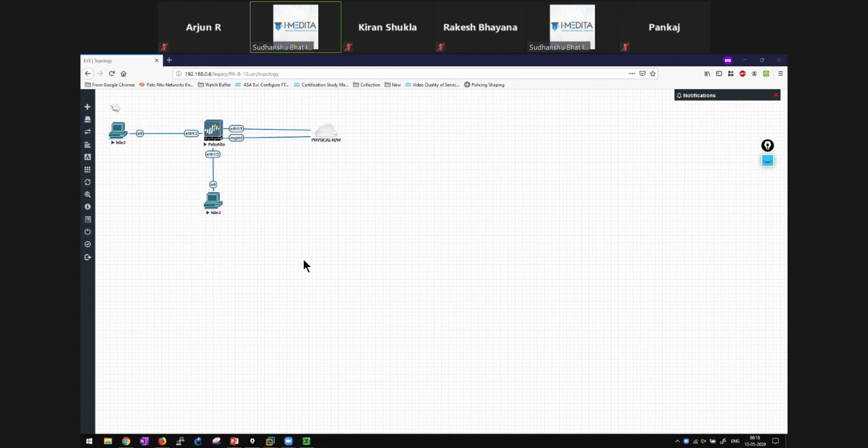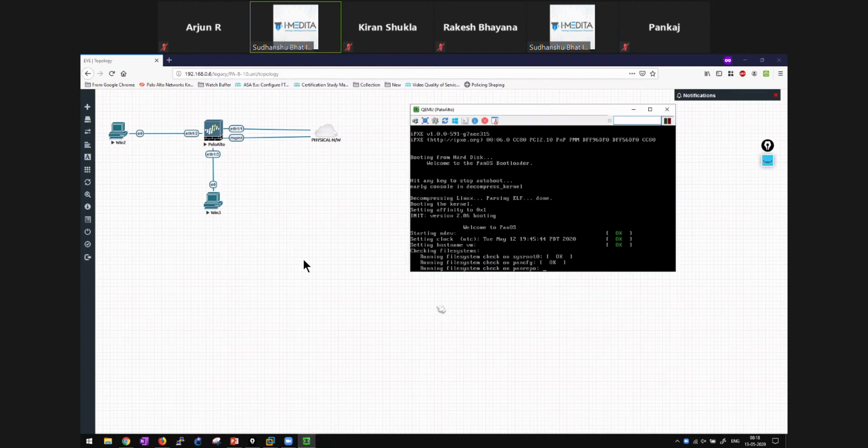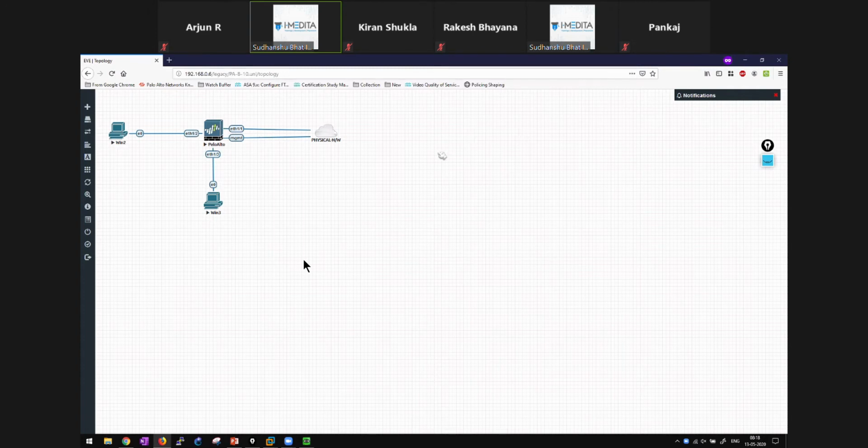Now once you replace these two Windows machines with VPCS, you will require less RAM, but there are some practicals which require you to have some GUI interface, maybe a browser or something. So let it boot,